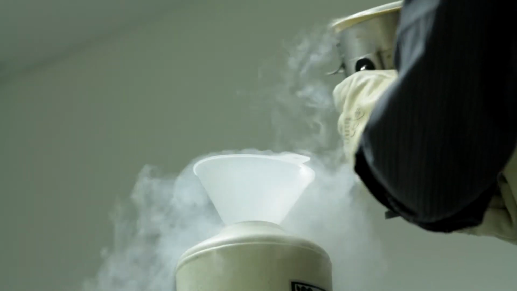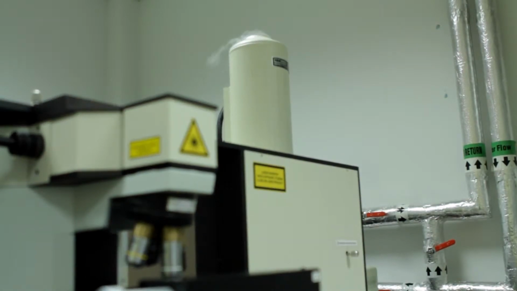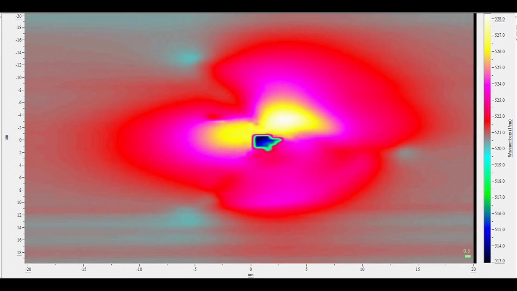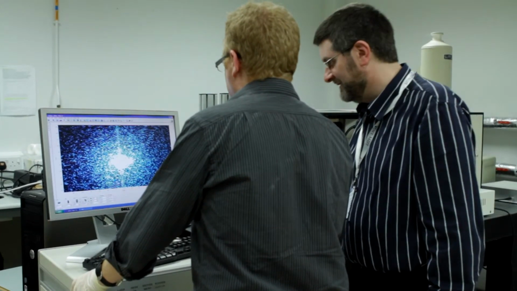We can use our data to back up the data of our colleagues over at the synchrotron sources, because they're doing direct, in a sense, imaging of what's going on inside our silicon. Our silicon, of course, has been deliberately damaged. We ask the question, is that region around these damaged indents under compression or tension? Raman spectroscopists like myself go, aha, we can answer that question for you, and we can do it non-destructively. We can measure that stress state right up near the surface of the sample or quite deep down into the